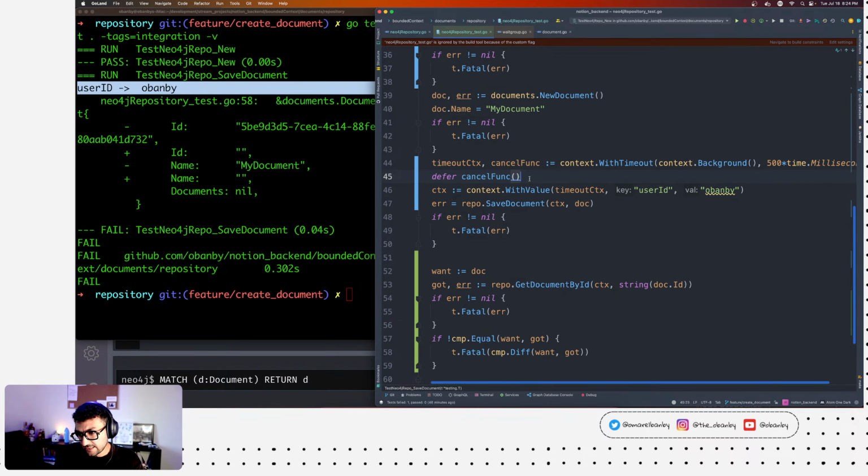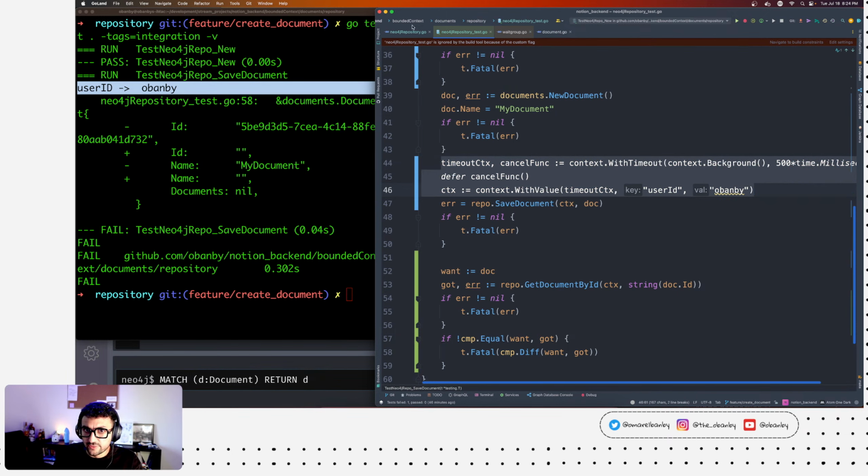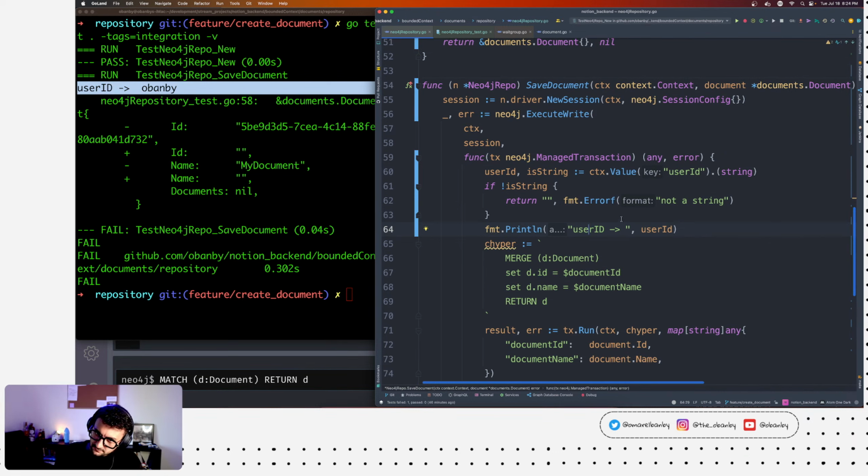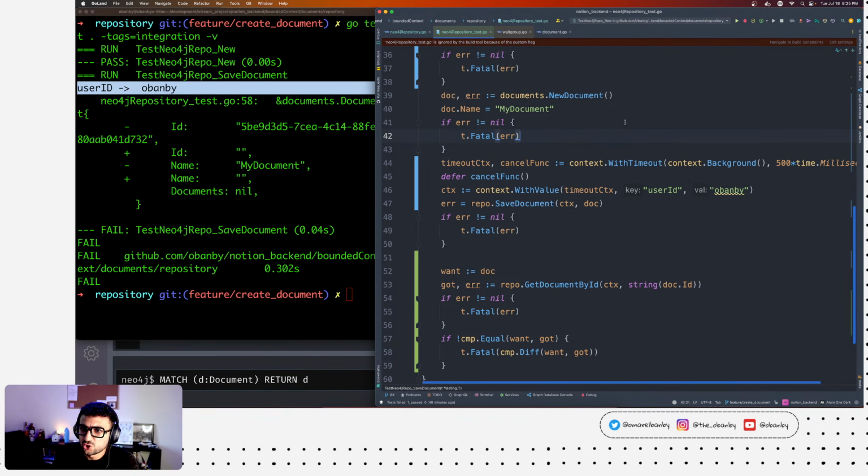So context stacking is very powerful, but my problem with it is that you end up losing visibility of what's coming in, right? So you're having this user ID, which is okay, great, but where did I get that from? If someone is reading your code and goes, oh, okay, I'm getting it from context, but really where am I passing it? You would have to search maybe for context with value, and it would be a bit hard, or search for the keyword user ID, and that will be a very common keyword to be there.